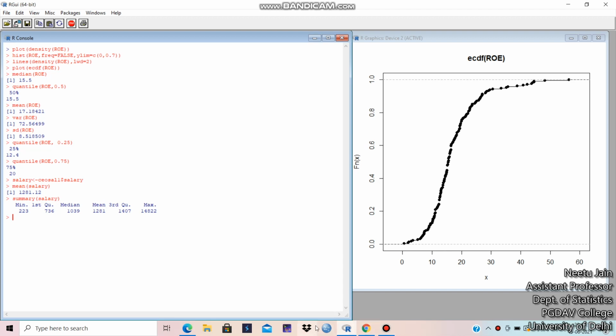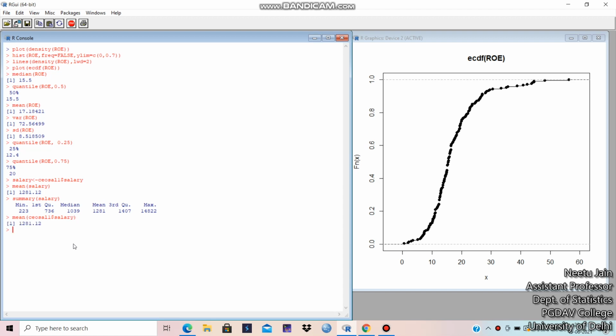Now I'll tell you some alternative commands. If you don't want to give a variable name, you can directly use the CO cell 1 data set, then the $, and the variable name inside this data set. If you don't give a particular variable name salary, then directly you can write CO cell 1 $ salary.